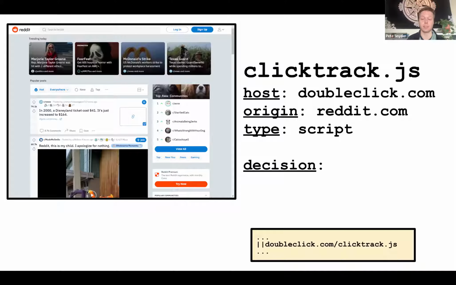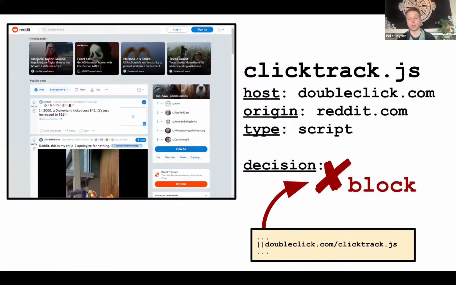In this case, it finds a rule that looks like this, that says block ClickTrack when it's fetched from DoubleClick, and we'll say block the request. So using this kind of information, the high-level intuition I want to convey here is that just this relatively simple information of the request, where it's being made, and what's being requested, is almost all the information that content blockers have to decide yes or